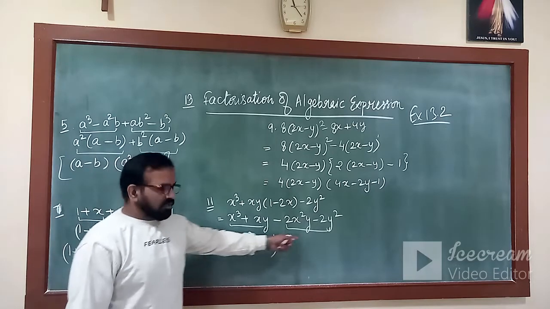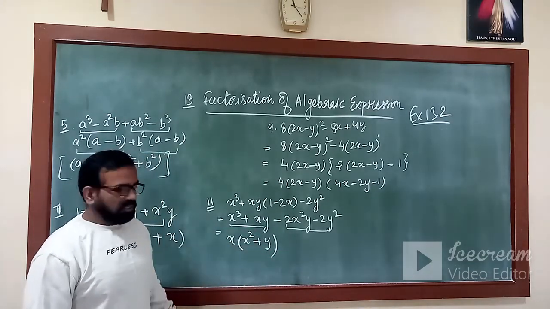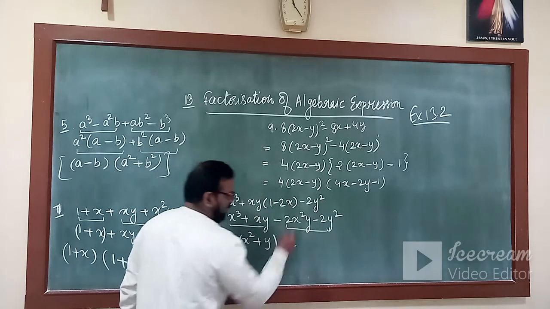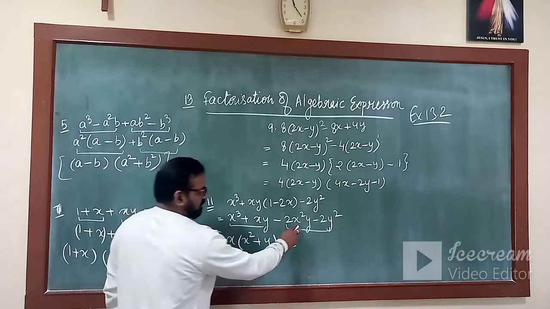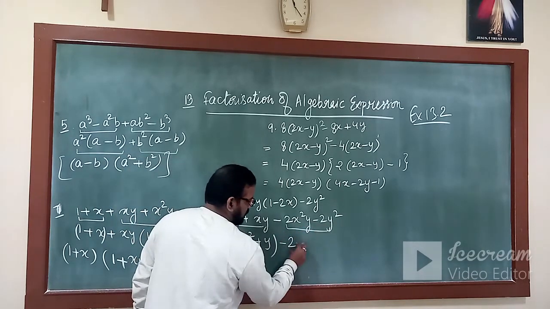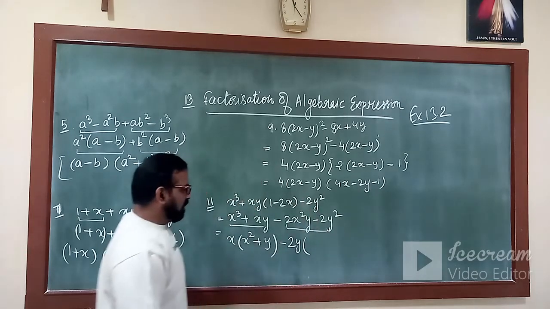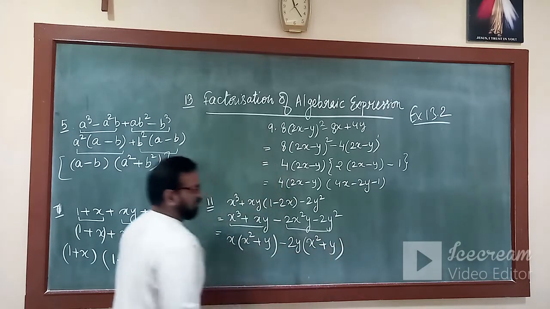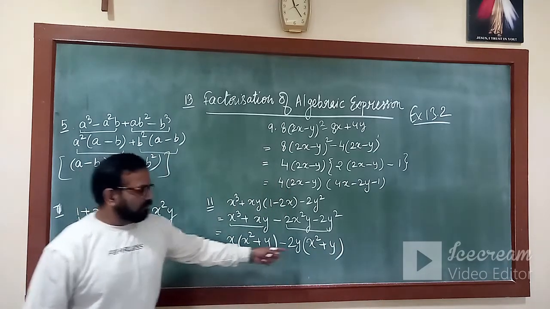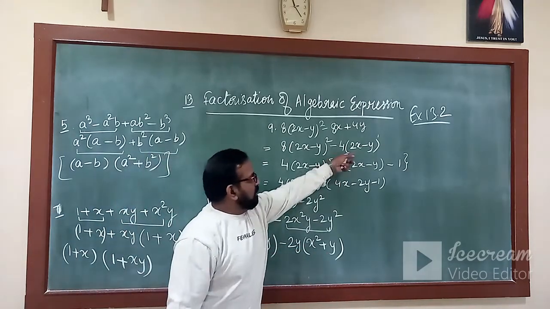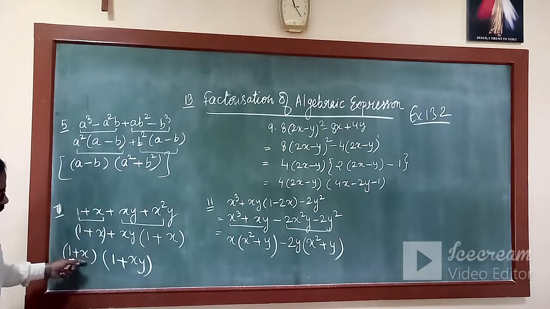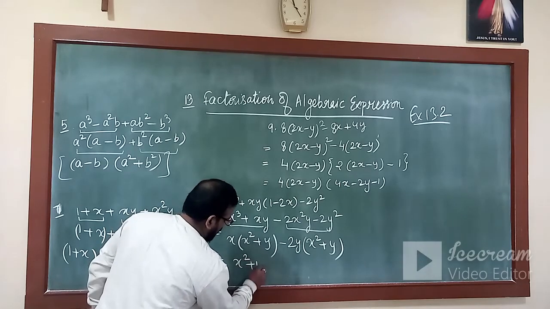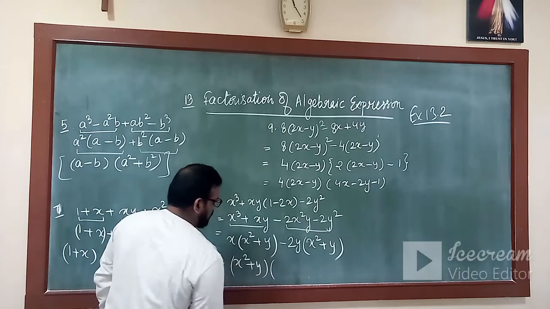And if I got this term here, that means my procedure was correct. So here I will take 2 and 2, so I will take minus 2 as common. Now x square is not there, but y and y square, so y I will take common. So what am I left with inside? X square plus y. See, again I got this term as common, like in almost each and every question we have got terms like this. So now I will take x square plus y as common. So what am I left with inside?